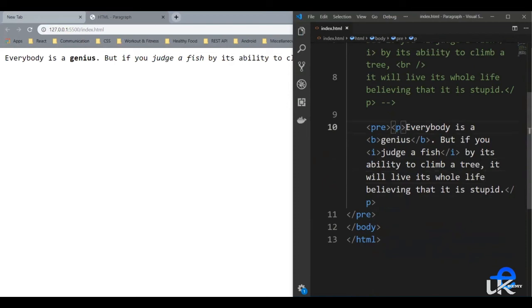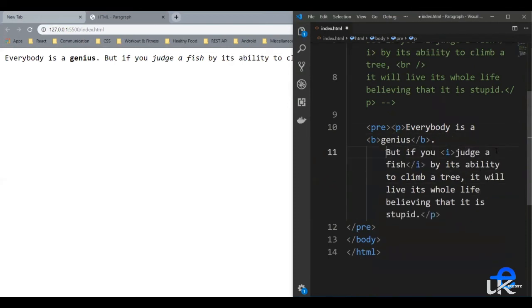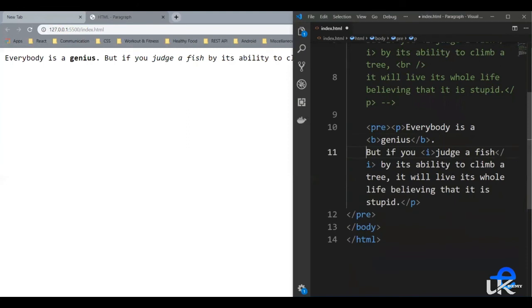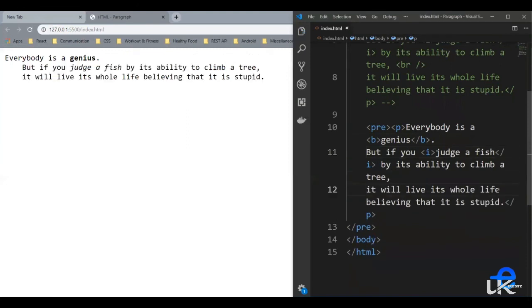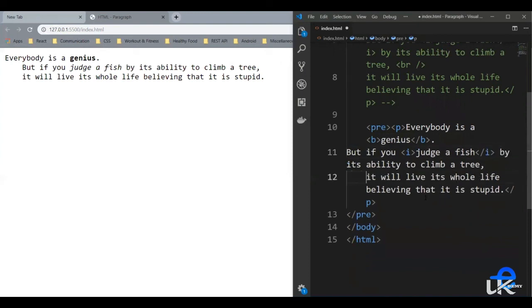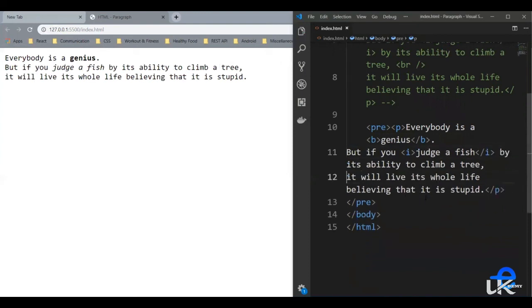So if you want to change something, you can just add a new line here. Similarly, we wanted the next line after the comma, so new line. Let's save it. And it's going to the next line with a tab because there's a tab spacing here. So let's just remove that. Let's save it again. Now as you can see, we have our different sentences on different lines. And that's how the pre-formatted tag works.